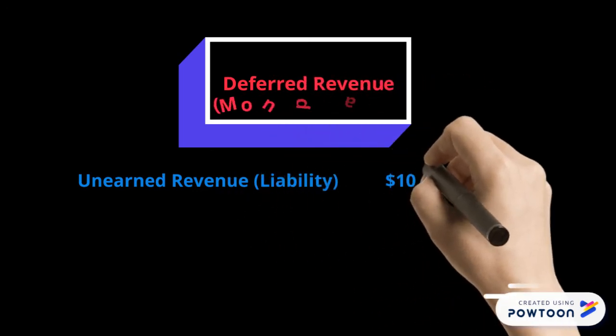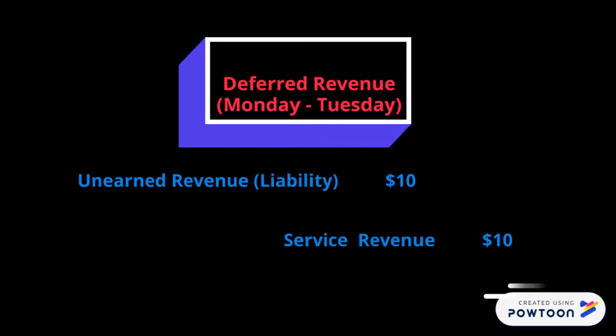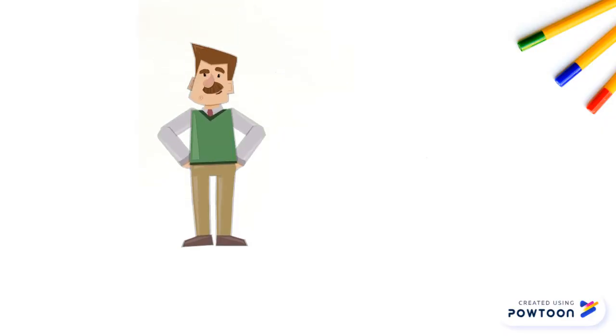Deferred revenue is recorded at the end of the period by debiting the liability account to decrease it and crediting the revenue account to increase it, because as each day passes, Noah earns more of his revenue and therefore becomes